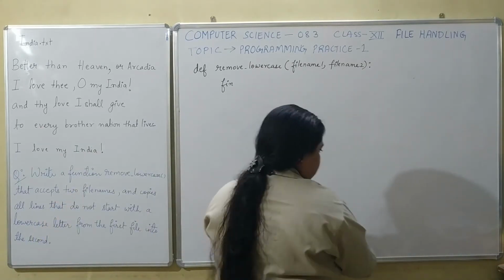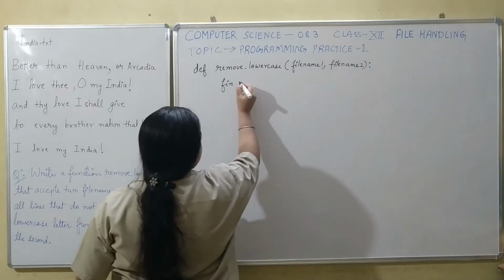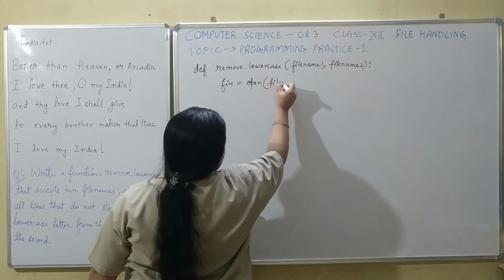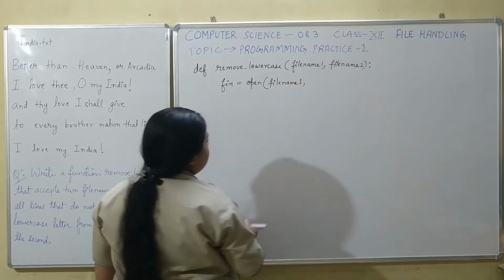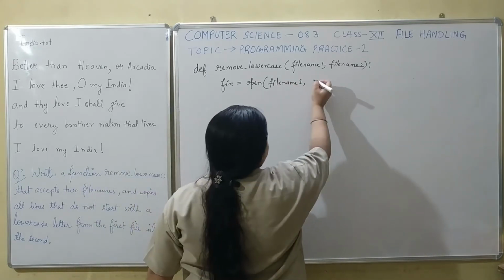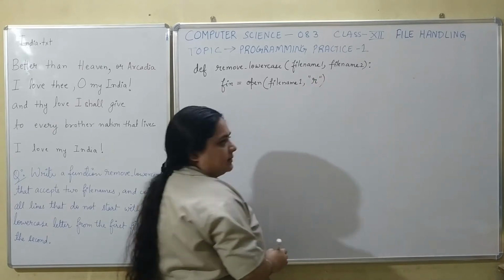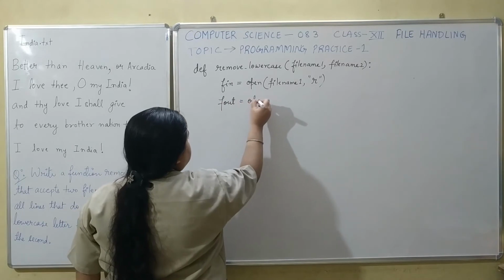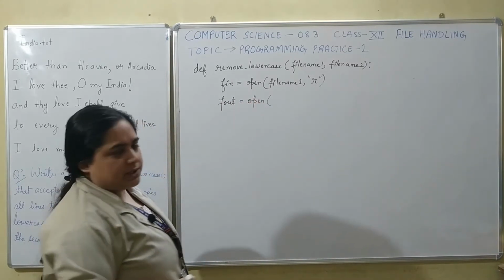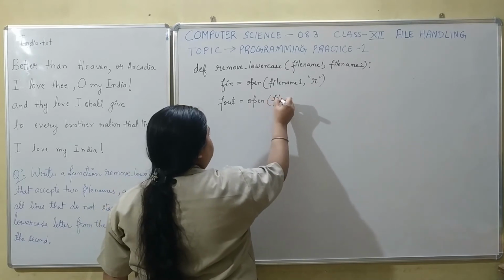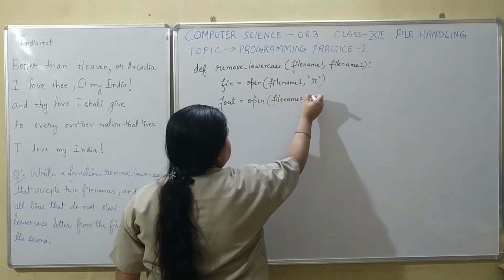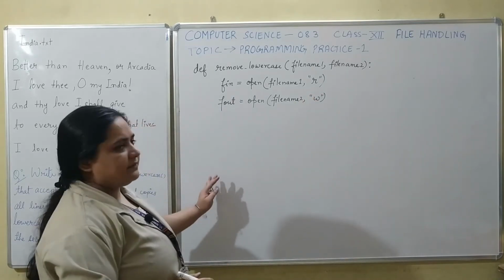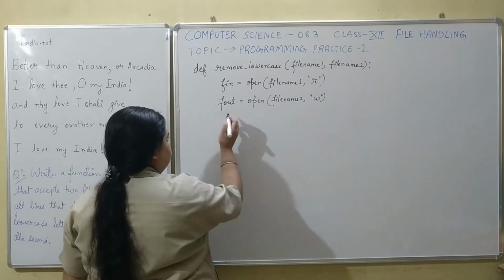So here we will be taking up fin as open, and directly we will just type file name 1 because this time the user is going to enter the name of the file. The first one is R, that is read operation, the second is fout, because we will be doing write operation on the next file, hence we have taken fout, W. And now we will start with the actual processing of the file.